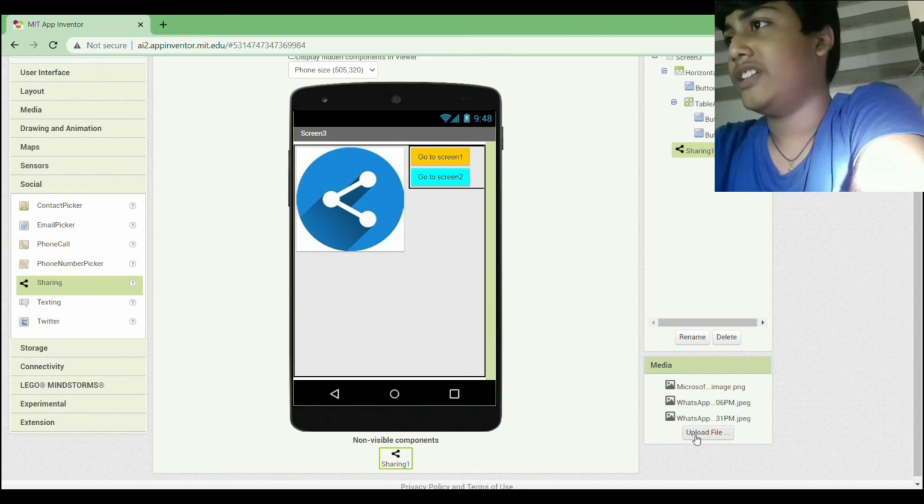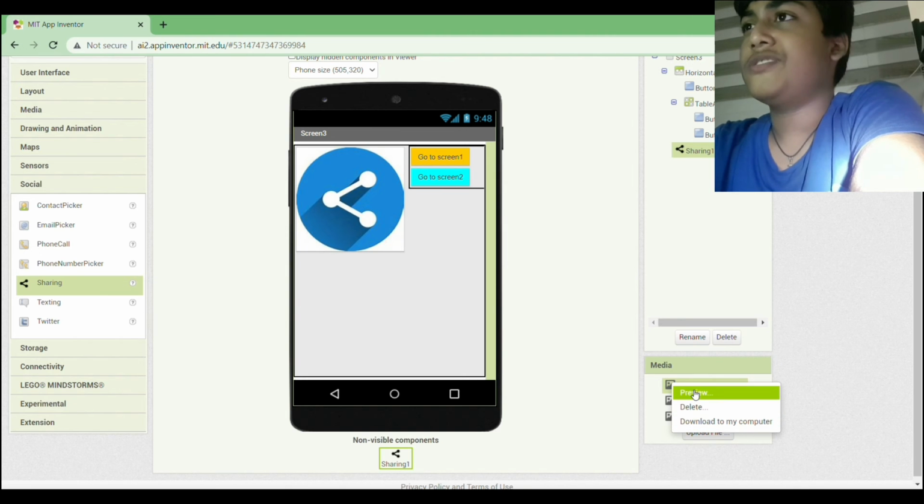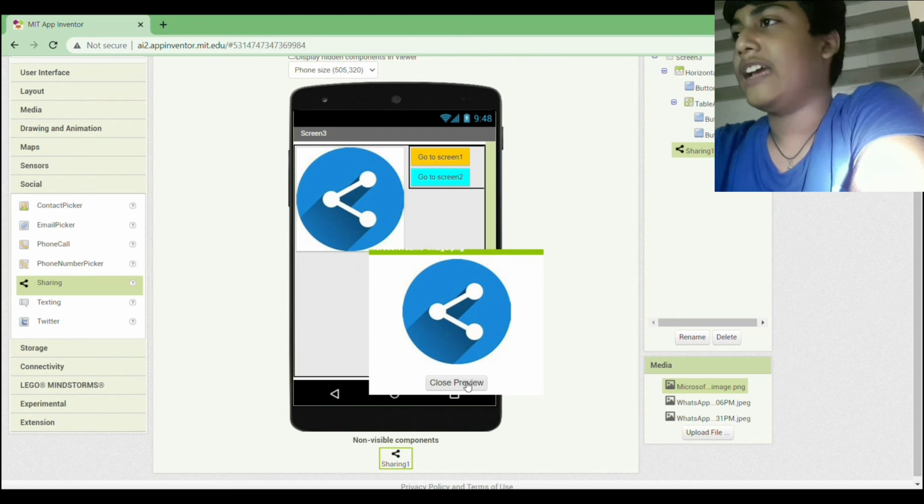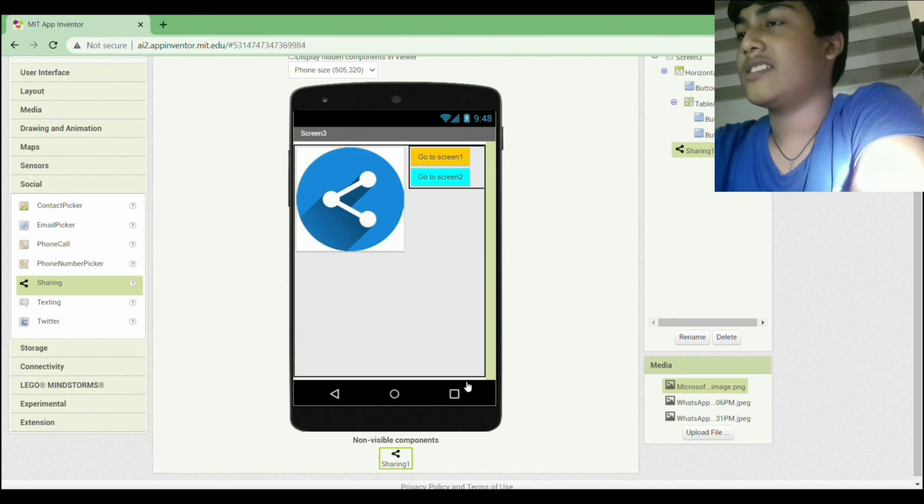Like I have the image of this button, so I can use it on the sharing button. Like here I use this Microsoft icon, which is this, so I can add this on my sharing 1 app.